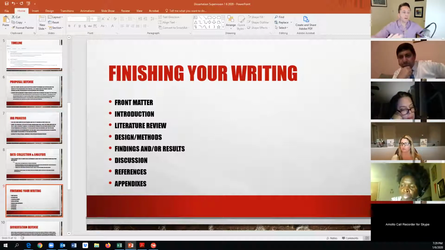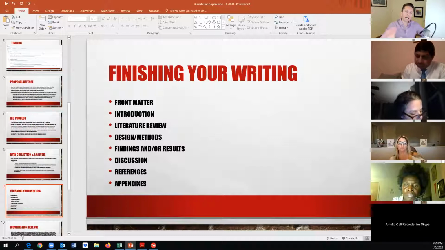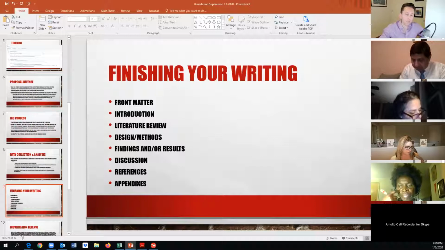So then we have what we will call post proposal, right? The post proposal is going to be the findings, and I use the word findings in relation to qualitative findings, and I use the word results for quantitative results. A lot of people interchange those two, but I find that is the best way to do it in accordance with APA format and what their expectations are. So if you have a purely qualitative study, you might title your chapter 4 findings. If it's purely quant, you might call it results.